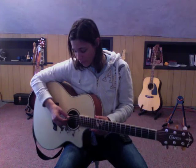So you have 6 strings on your guitar, and the top string I will be referring to from here on out as the 6th string. Then your 5th, 4th, 3rd, 2nd, and 1st string is on the bottom, that high E string. So what are the notes that we're going to tune our guitar to? The notes we're going to tune our guitar to are E,